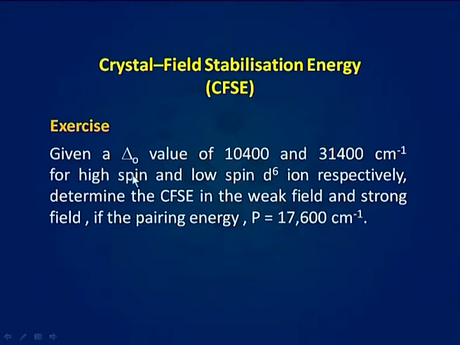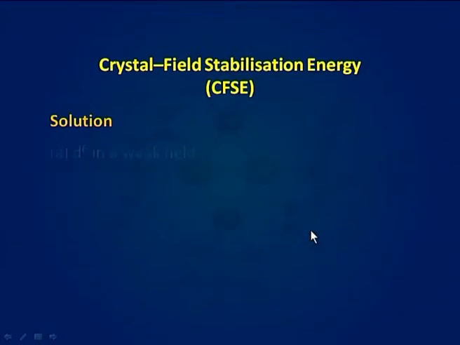Given a delta O value of 10400 and 31400 per centimeter for high spin and low spin d6 ion respectively, determine the crystal field stabilization energy in the weak field and strong field if the pairing energy P is equal to 17600 per centimeter. For d6, in weak field, the electronic configuration will be equal to